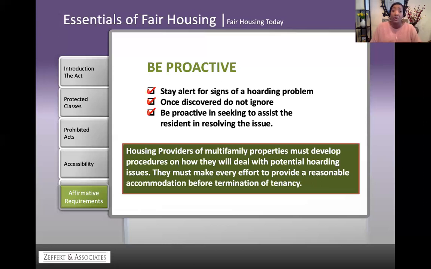But you don't want to rush to judgment, don't want to rush to giving them a notice to vacate, because you want to make sure you have a process outlined to cure the issue. You want to give the resident every opportunity to rectify the situation. That's where that interactive dialogue language will come in. You want to have an interactive dialogue from the time you noticed the problem to the time you addressed it with the resident, saying, okay, we're going to give you, I'm making this up, whatever a policy would be, 5 business days to get this cleaned up. I'm going to come back and check the unit.